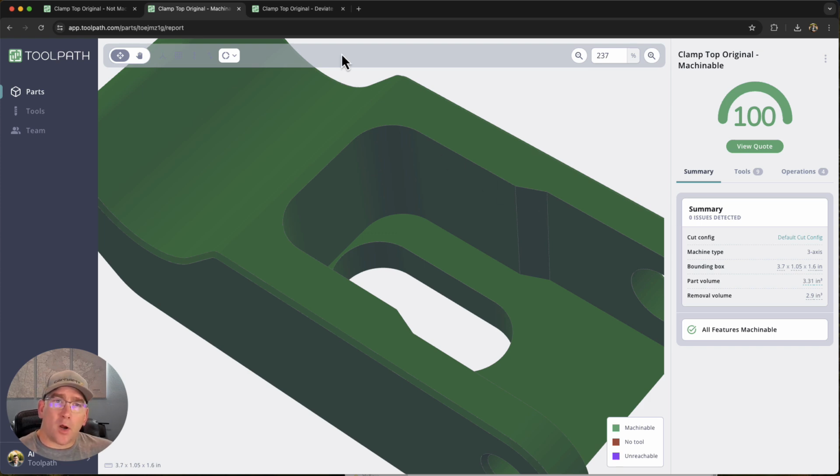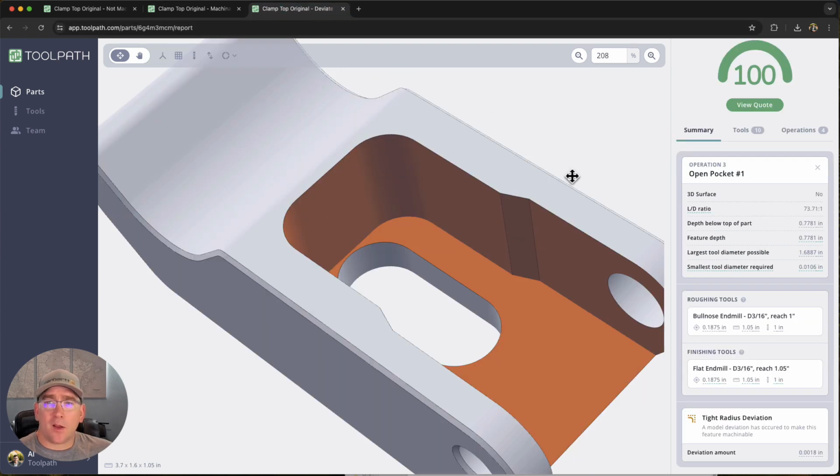So if you're using the product today and you upload the same part, we've now begun to implement what we're calling Deviate Notify. We still have a long way to go in terms of how we fully visualize this experience. But you can see the part still is identified as fully machinable by that 100% markup in the corner. But you can also see this particular pocket is orange, and we can see a tight radius deviation. We've identified the deviation amount of